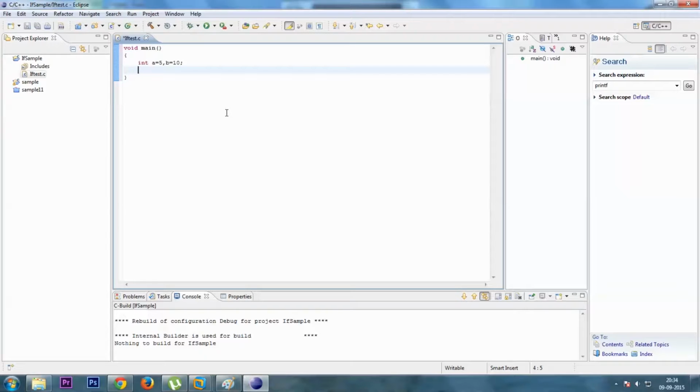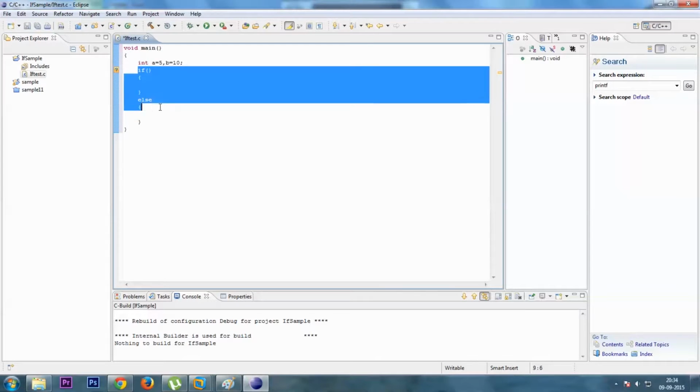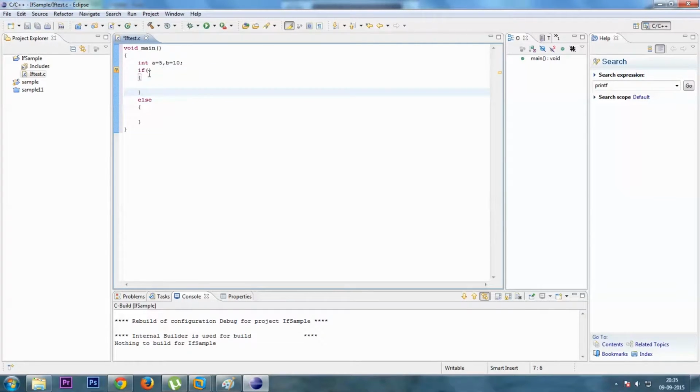So let us move ahead, and here I am going to check the condition whether a is bigger or b is bigger. To check it, I am going to write the if statement, and this is the syntax of the if statement, round brackets open and close, this way, and after this we are going to write the else. This is the structure of your if and else statement. Now in this round bracket we are going to write our condition, and our condition is if a is greater than b,